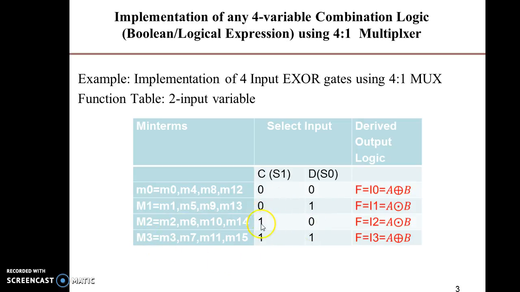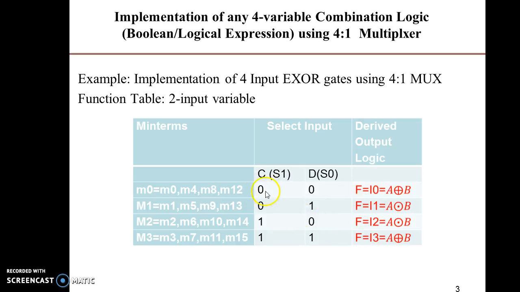The binary pattern corresponding to C and D variable is 1 0. Similarly, for minterms 3, 7, 11, 15, C and D variable having binary value is 1 1. So this I am going to treat as my select input combinations 0 0, 0 1, 1 0, 1 1,